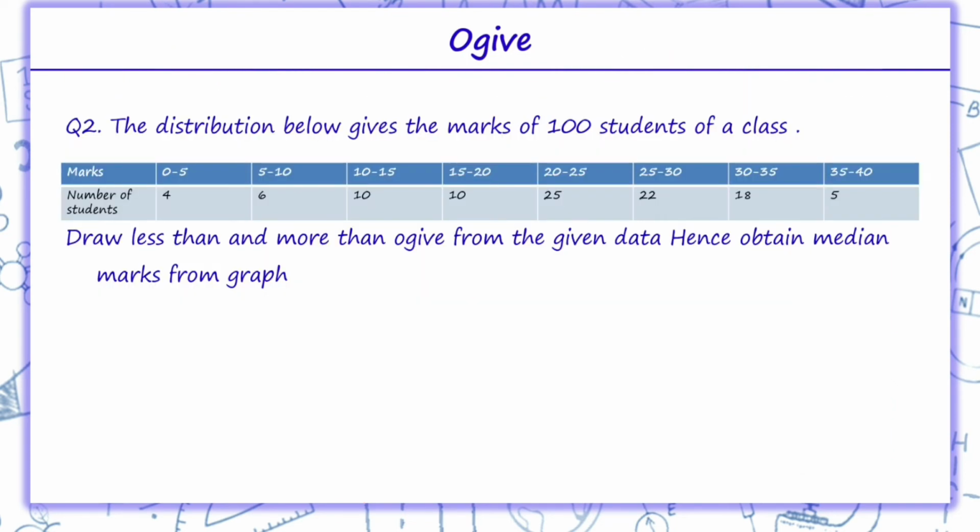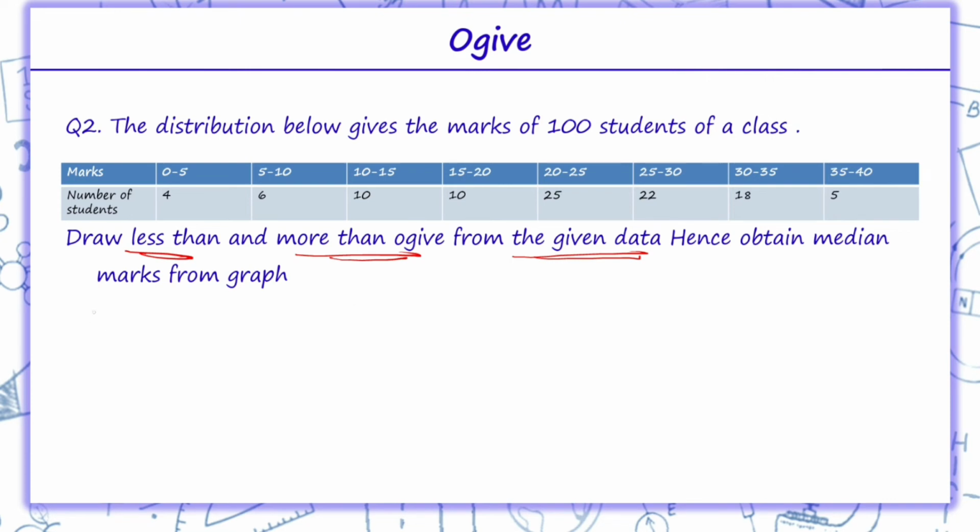Next question is, the distribution below gives the marks of 100 students: 0 to 5, 5 to 10, 10 to 15, 15 to 20, 20 to 25, 25 to 30, 30 to 35 and 35 to 40. These are the marks of these students. Now we have to draw less than and more than Ogive from the given data. Hence, then we have to obtain median marks from the graph. Since over here we have to draw less than and more than both Ogive,